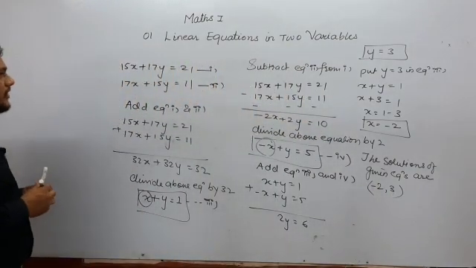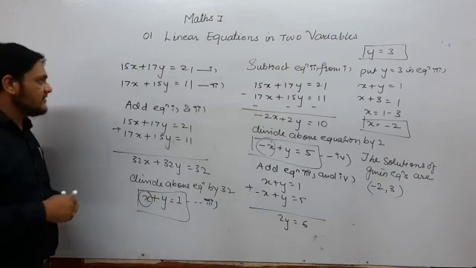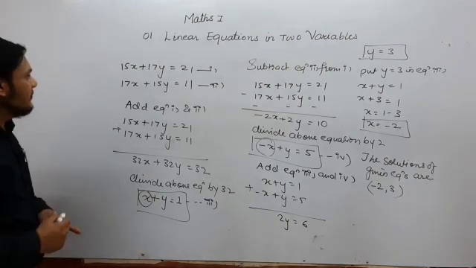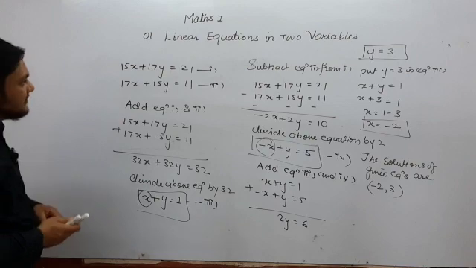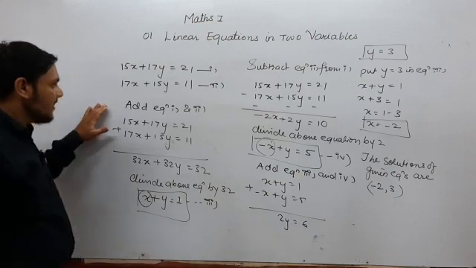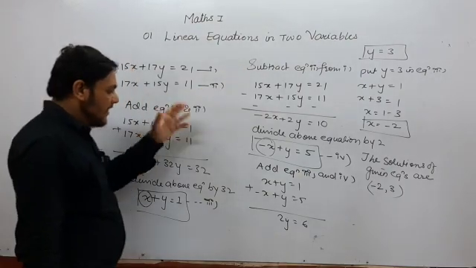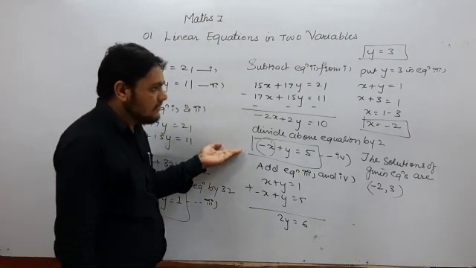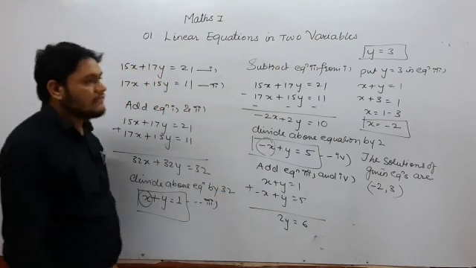In this way, student, we can solve this type of equation. Notice that if the coefficients of x and y are interchanged in both the equations, then you have to perform two operations to make two simple equations. First you will add them and then you will subtract. After adding and subtracting, you will get two simpler equations, and after solving those two simpler equations, you will get